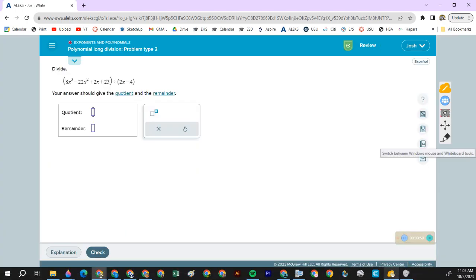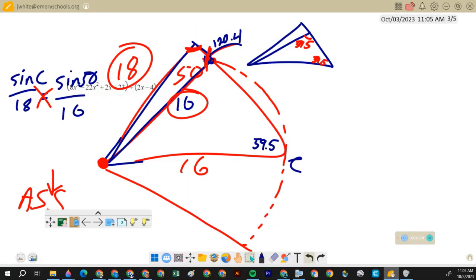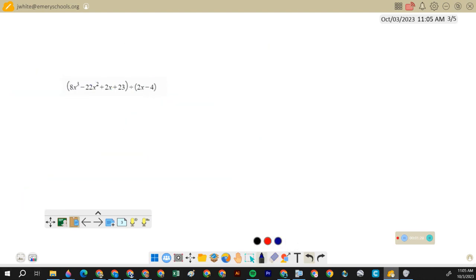All right. This one is long division problem type 2. So I'm going to set up, actually, we're going to do something different. I am going to take a picture of this and move it over here. All right, how do we divide this? We put 2x minus 4 on the left,